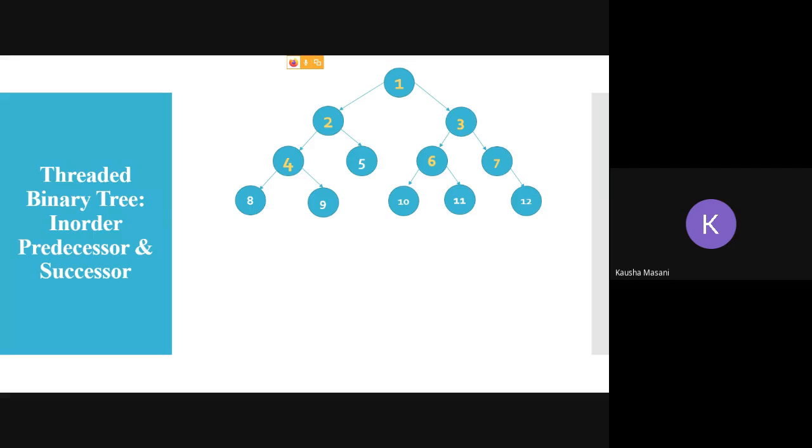Little bit faster. In order means the pattern is left, root, right. So L, root and R. That is the in order pattern. In order, that means root is in between. What will be the sequence here?